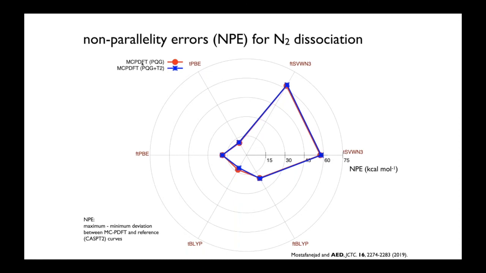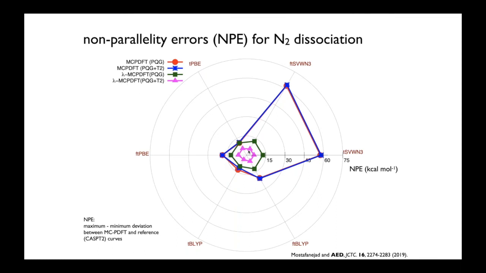Second interesting thing to note is for different reference RDMs, either just satisfying two-body constraints or partial three-body constraints, I get essentially the same non-parallelity error for each of these calculations. That tells me that the non-parallelity error is dominated by the error in the functionals, not in the error in the reference RDMs. When we introduce this lambda parameter, though, we can clean up a lot of the functional error,